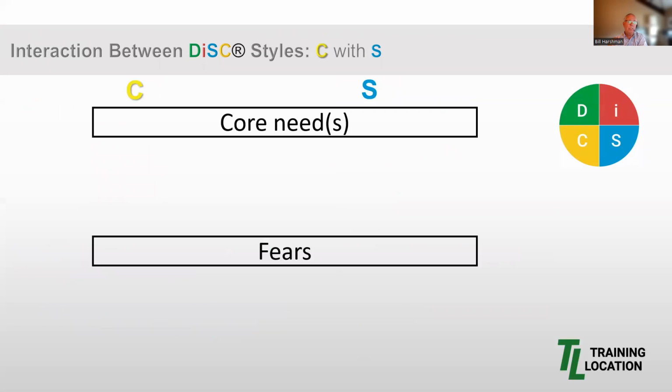Now, what might help us understand the previous descriptors is just a quick definition of the core themes or needs. To understand the C, we first need to understand that people with this style have a strong instinct to analyze. This analytical theme is driven by three needs. C's have a strong need for safety and security. That is, to have things in their life be stable and to reduce unknowns and identify dangers and threats. They want a place where they know all the rules.